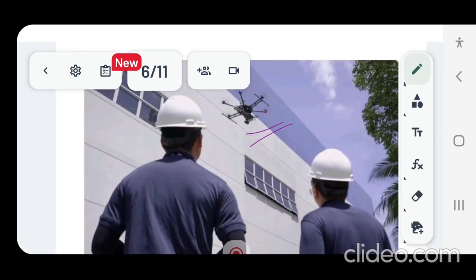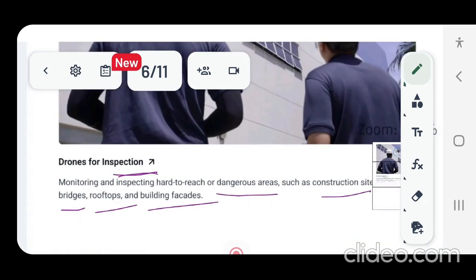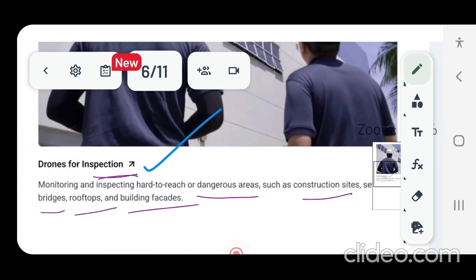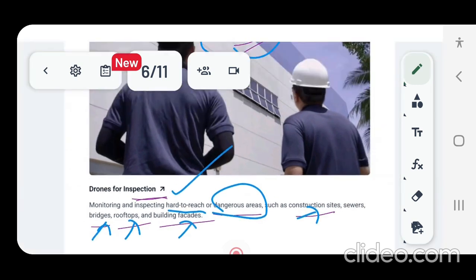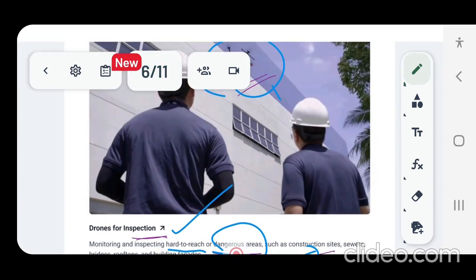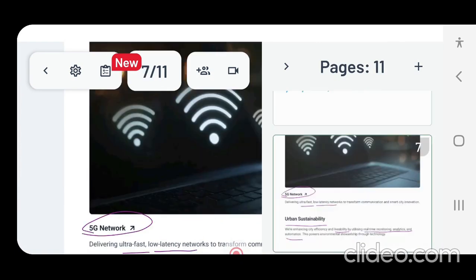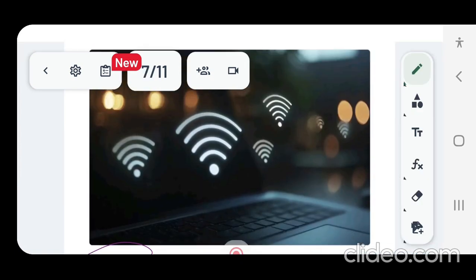They are also using drones to do inspection where places are hard to reach or assumed to be dangerous, such as construction sites, sewerages, bridges, rooftops and building facades. To all these places where human involvement is risky, you can do the inspection by using drones. And this is also taken care of by the smart city of Singapore.